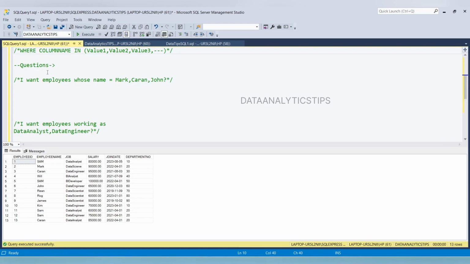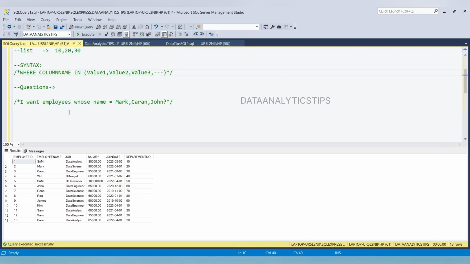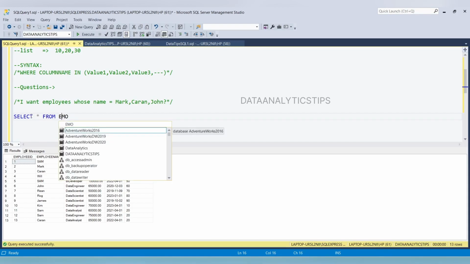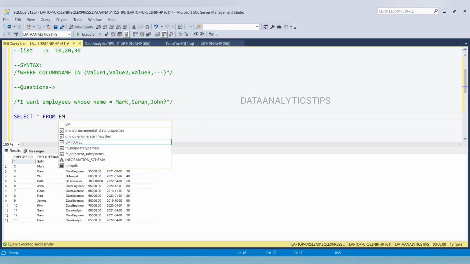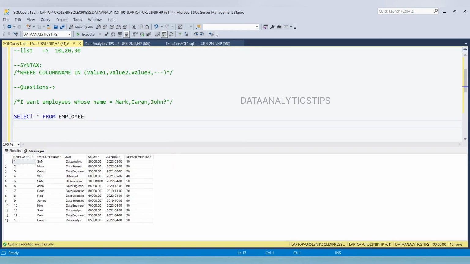So we can see some questions. What is the IN operator, and how can we use it? Let's see one by one. We already have the employee table. So select star from employee, where our column name is, we have to see the name of this employee. So where employee name